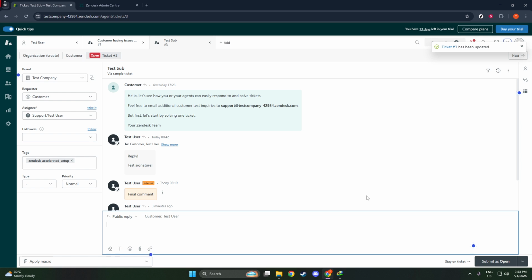That's all it takes to reopen a ticket in Zendesk. As you can see, the process is relatively simple and can save you and your team valuable time while ensuring no detail is overlooked. By following these steps, you can maintain seamless communication and ensure every customer interaction receives the